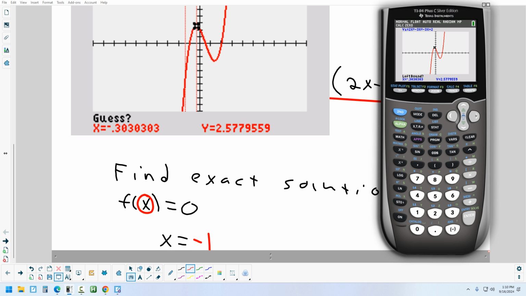Yep. But this is what I get right here. And you typed in the graph and set the window? Oh, I did not do that. Yeah, you got to type in that graph that we had and set the window. Once you put your cursor to the left, hit enter. Okay, and you'll get a vertical line. I don't get the vertical